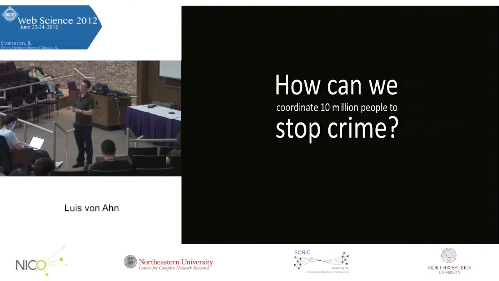And in particular, in a place where it actually is needed. I don't think it's very much needed in the US all that much because the police is actually useful here. But for example, in the majority of the world, actually the police is pretty useless. So how can we use the people to stop crime? So that's my project. If you have any ideas, please email me or tell me. I'll do it. Thank you.